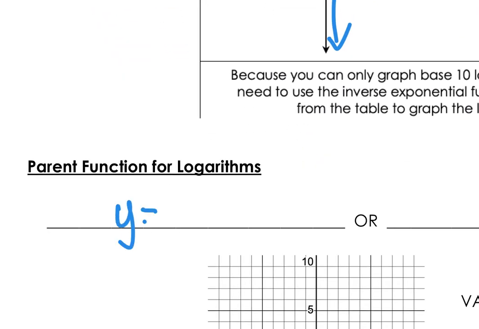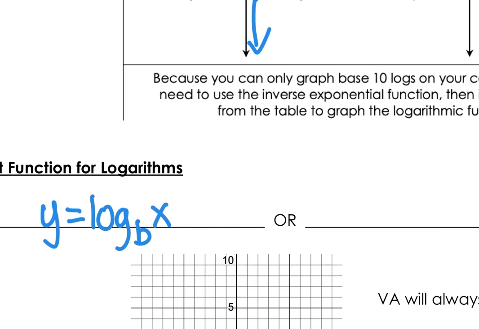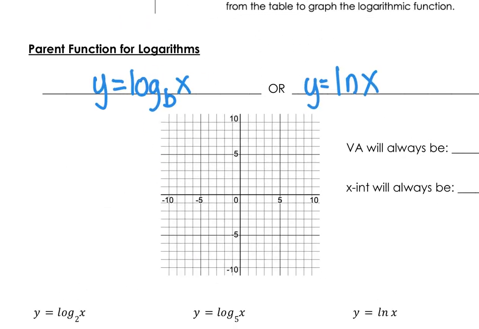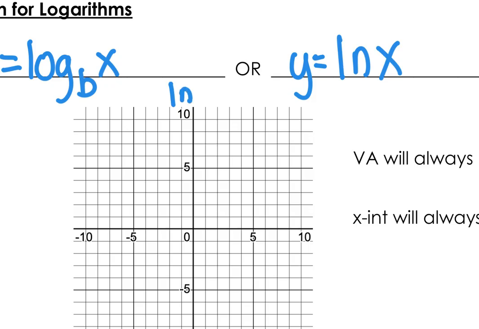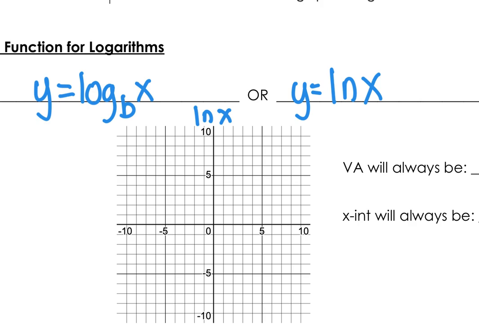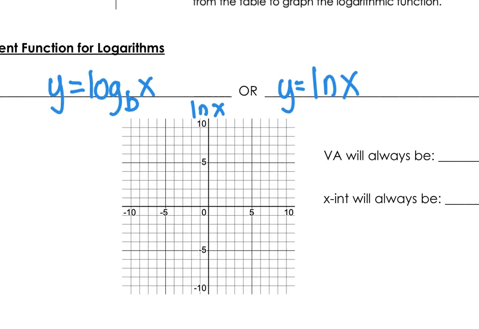So, parent function for logarithms. We have y equals log base b of x, or it can be written as y equals natural log x. For this one right here, we are going to do the parent function, but for natural log of x. And our asymptote: if you remember, for exponential we had a horizontal asymptote that looked something like this, a horizontal line along the x-axis. Well, for the natural log or for log parent functions,